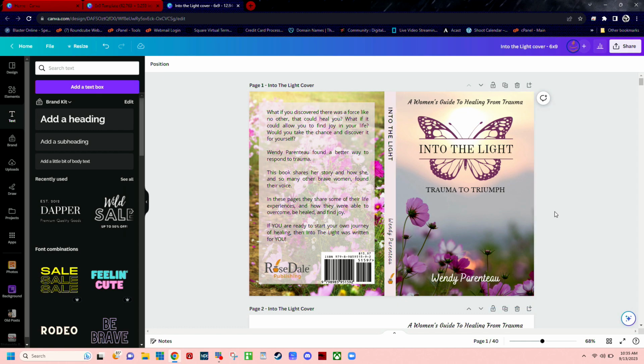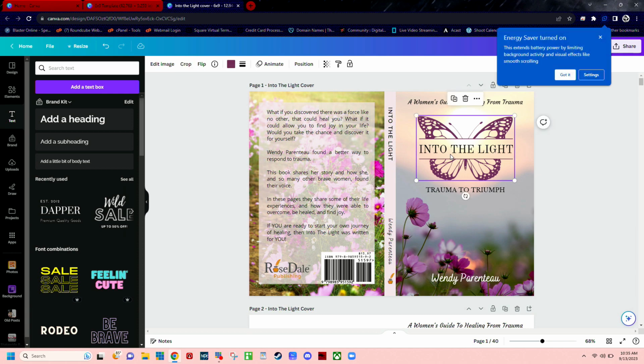Okay, so the next thing I want to show you on here is the butterfly. Now this butterfly, I did find part of it, the butterfly itself, in Canva. She fell in love with it. It matched beautifully the color in our flowers. And then the butterfly is really symbolic for her as an author. So I wanted to pull this into her design. So I popped it in here and then put her title right in the middle of it, which turned out